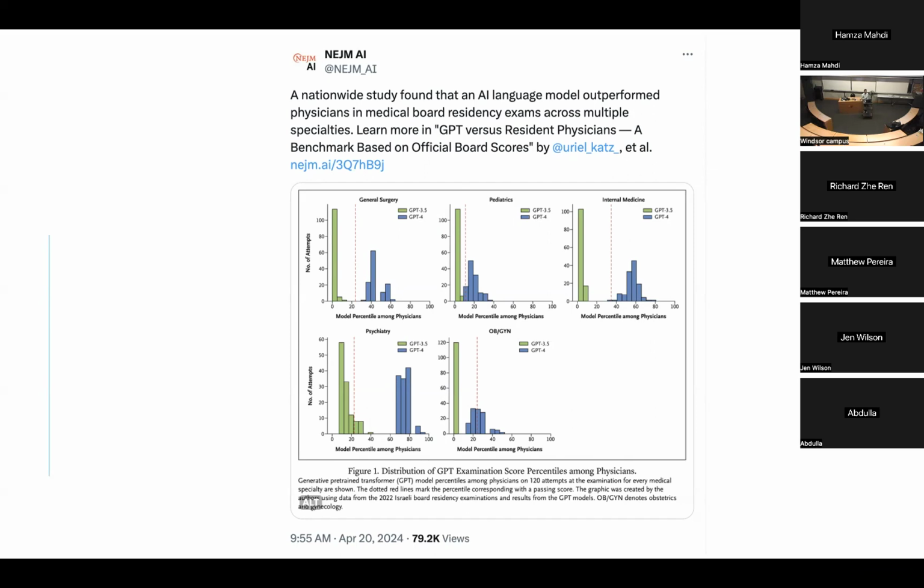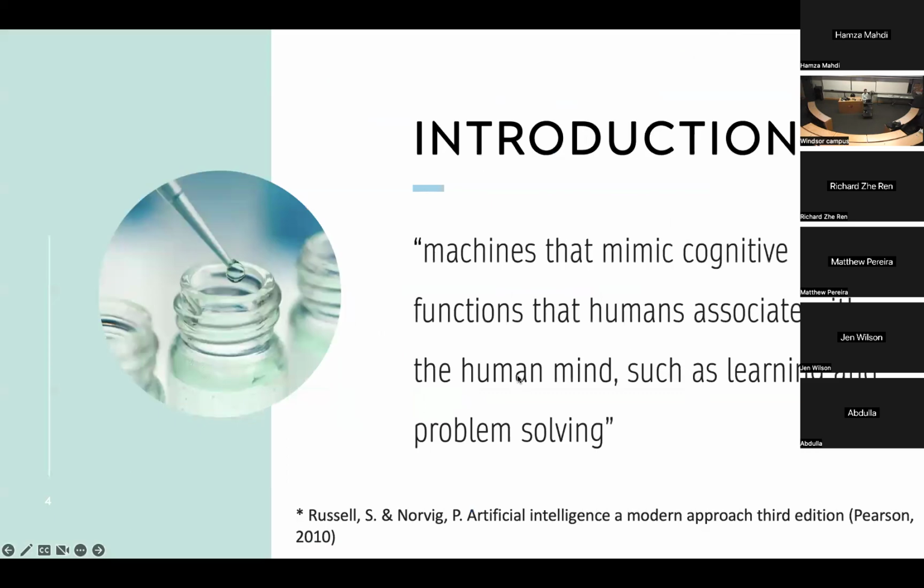For example, internal medicine, which I used to think is very difficult for AI last year. It seems that it's progressed far enough that it can be in the 60th percentile. And this is on ChatGPT, which is a closed source model, but there are models that are open source and can still perform quite well.